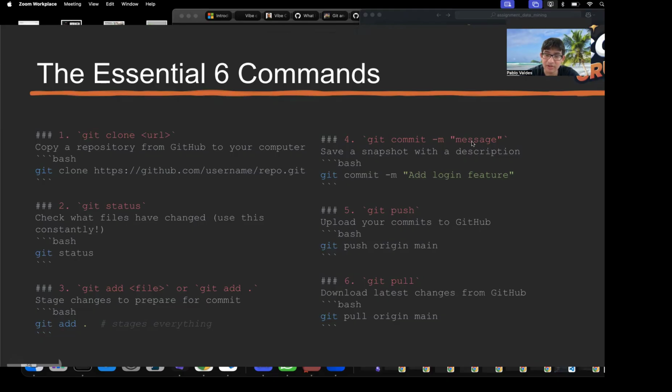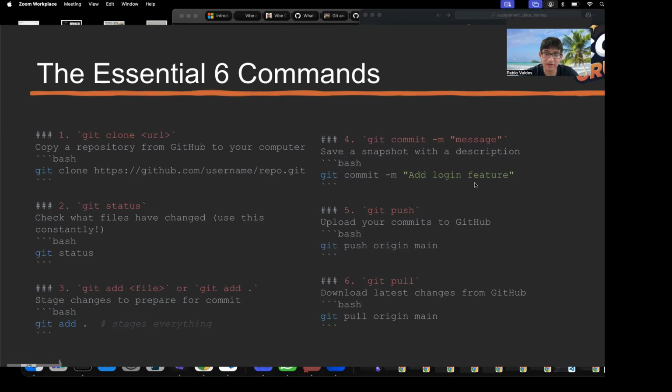So git commit lets you put a message with your commits. And what a commit is, you're deciding, okay, I'm gonna save this to the repository. And you could add a message to that to just make it clearer. So you might say add login feature.